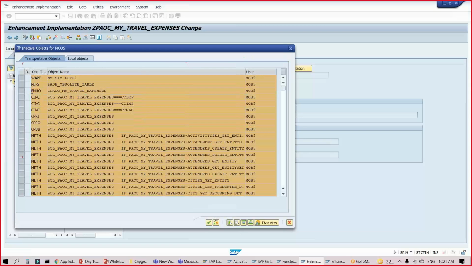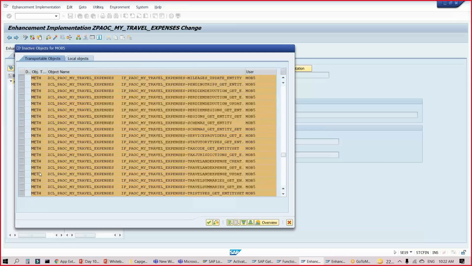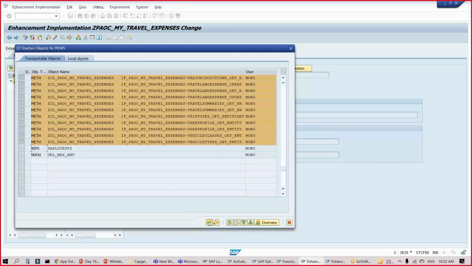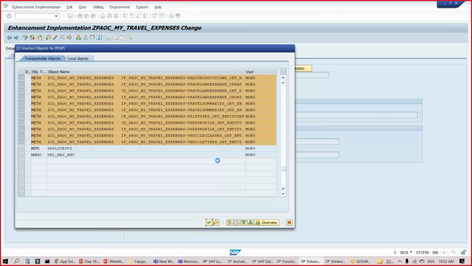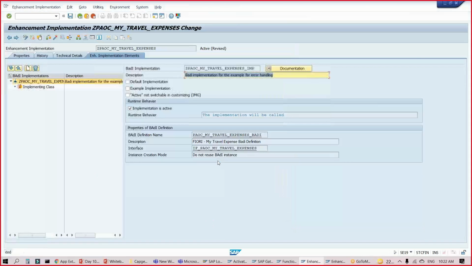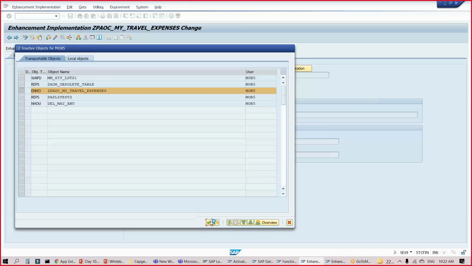So let me select everything and just deselect the things which are not relevant for the current scenario. The rest I will select and activate. The first thing you do is, don't change your class, activate your class, so that at least you know that your copied implementation works smoothly. Then you start changing, because if you activate after you make changes, you will not know whether the generated code has an issue or your code causes a side effect. So we have activated that now. Let me also activate the body. So now my body is active.